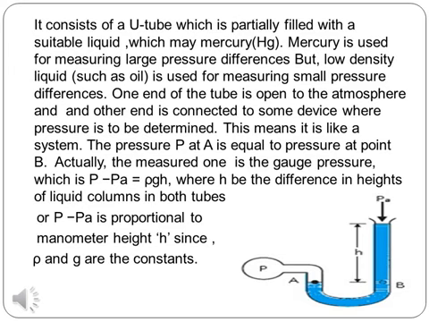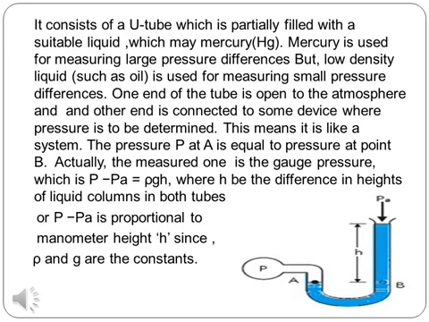One end of the tube is open to the atmosphere and the other end is connected to the system whose pressure we want to measure. The pressure P at point A is equal to the pressure at point B. Actually, the measured one is the gauge pressure, which is P minus PA, equal to rho g H,